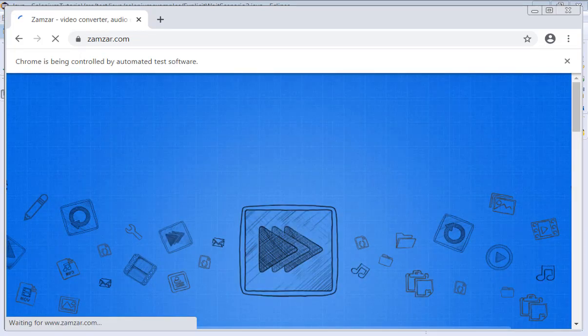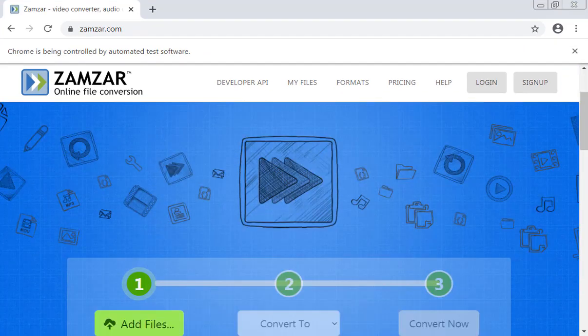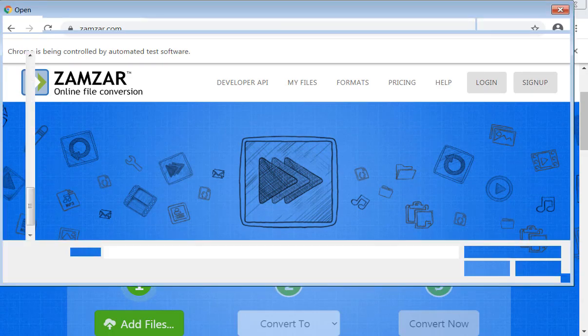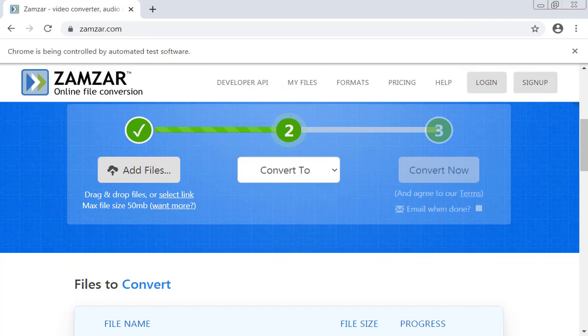Enter the URL. Wait for a few seconds. It will maximize the browser. It will do the implicit wait. Click on add files. Select the path and convert to PDF. Convert to PDF from the list box. Then post that, it will move on and try to click on convert now. Okay, wait for a few seconds.